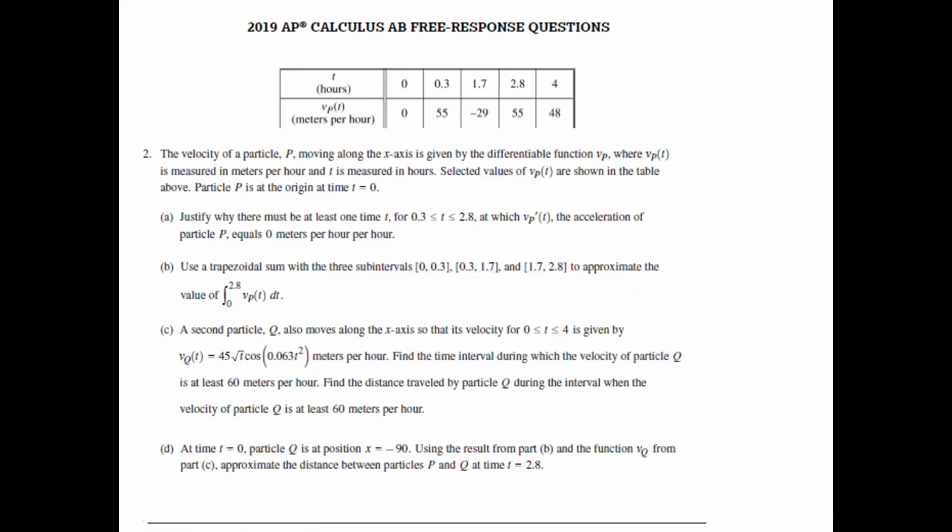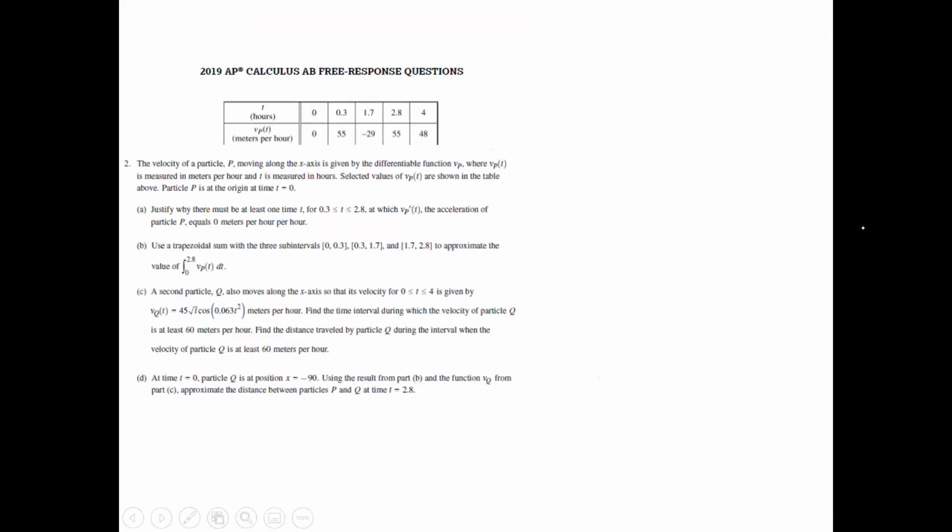So on the first part of this, it says that the velocity of a particle P moving along the x-axis is given by the differentiable function V sub P of T, measured in meters per hour, and T is measured in hours. Select values of V sub P of T are shown in the table above. Particle P is at the origin at time T equals 0, from 0 to 4. So then in part A,